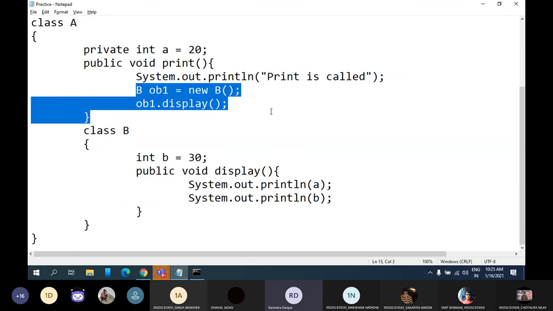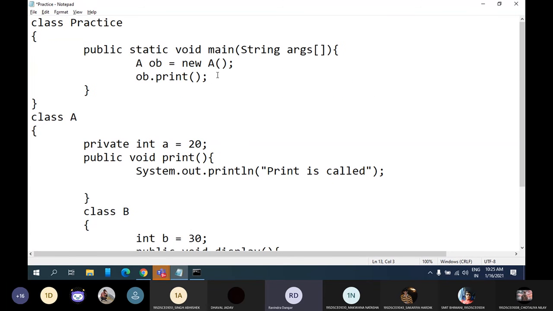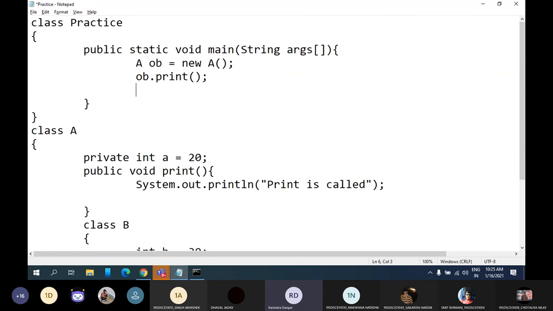So this is one way. Now let's say I don't want to do this, but I want to access it from here. Then also you can access it from any different class. You can access the properties of the inner class. And for that you need to remember those two steps which we were discussing yesterday. Step number 1 is you need to create an object of the outer class, which you have already done. You can see we have already created an object of the outer class.